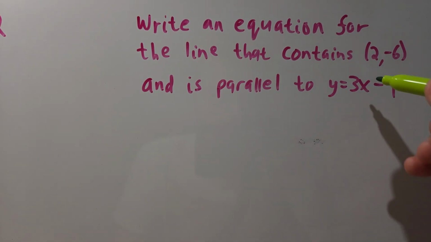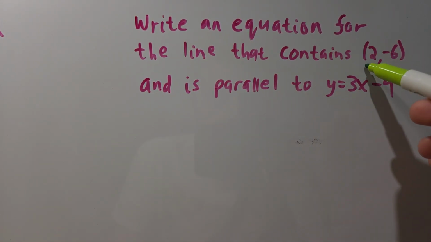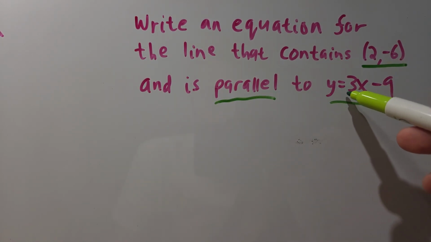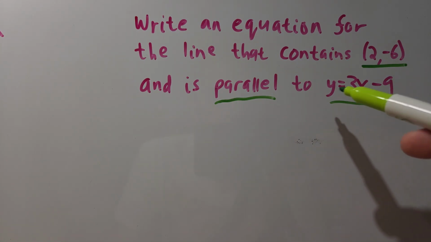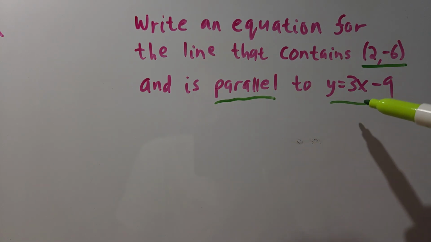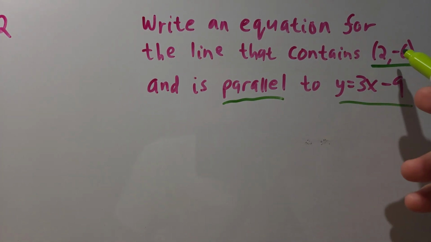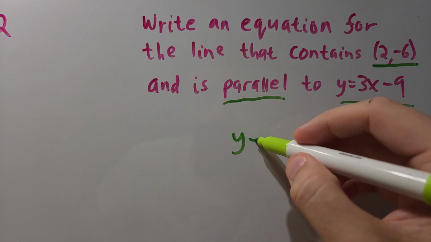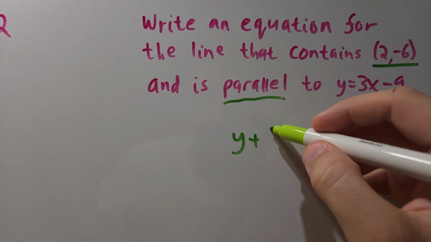So let's work this one out. Write the equation for a line that contains the point (2, -6) and is parallel to y equals 3x minus 9. The good news is that because it says parallel, we know that the slope is going to be 3. So let's use point-slope form to find this equation. So that's y minus -6